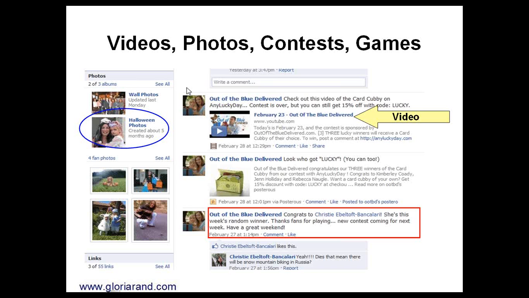So what I've got on the screen here right now is actually an example from a company based here in Orlando, where I live, and they run contests every week. So her fans have come to expect that, and out of the blue, they share photos. They've got videos, and in fact, this YouTube video is actually talking about the contest winner. So she's really doing a great job of building her audience and being able to sell her products to her